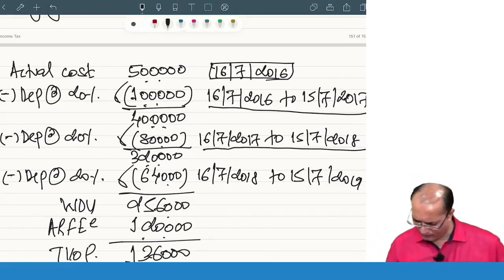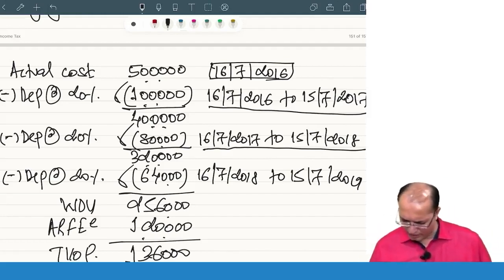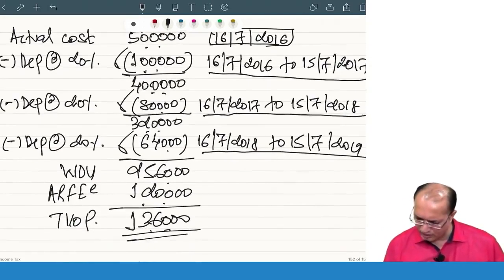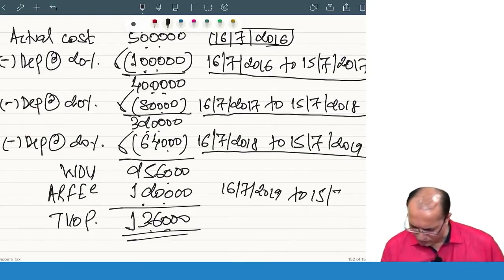You will complete 1 year on 15 July 17, 2 years on 15 July 18, and 3 years on 15th July 19. If you take one more year, from 16th July 19 to 15th July 20,